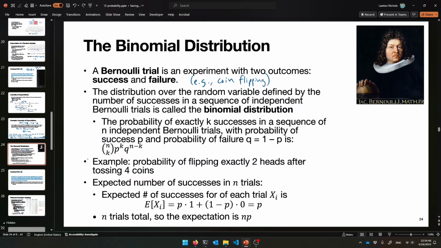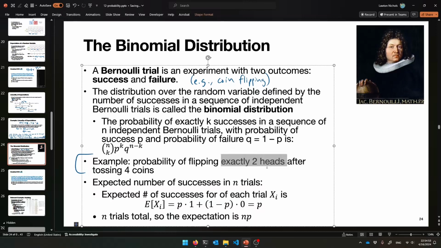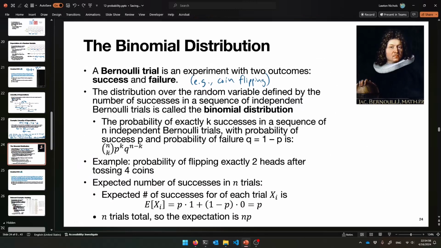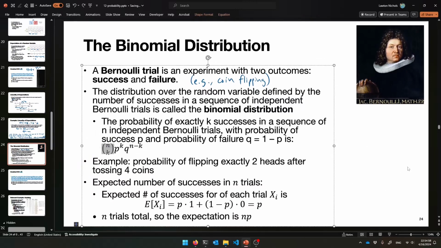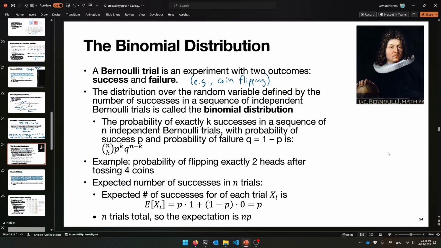So for a concrete example, let's show the binomial distribution at play. Let's try to calculate the probability of flipping exactly 2 heads when you toss 4 coins, all right? And we're going to notice where this n choose k comes into play. So just to use the formula, here's how you do it. I want the probability of flipping exactly 2 heads if I flip 4 coins total. Well, that means that n is equal to 4, and then k is equal to 2. We'll consider heads to be success. So that's going to be 4 choose 2